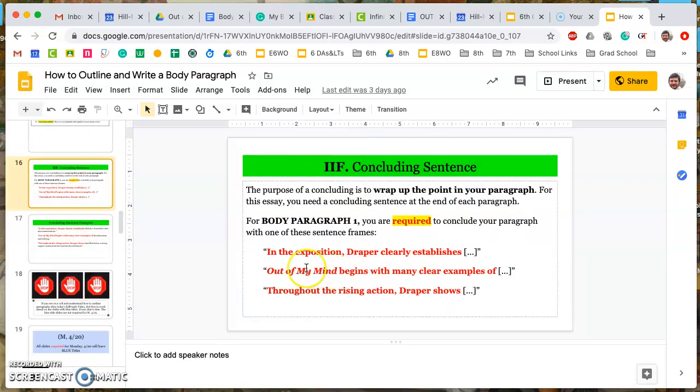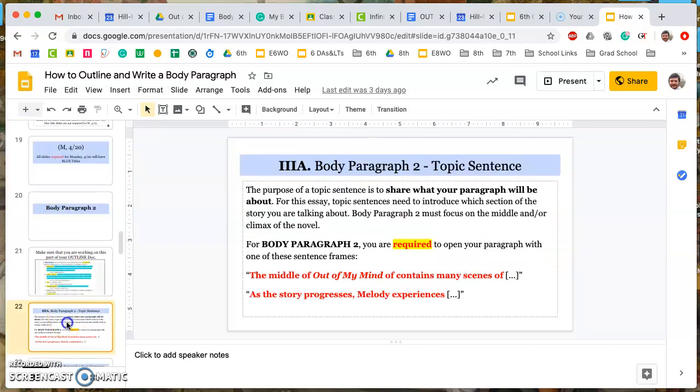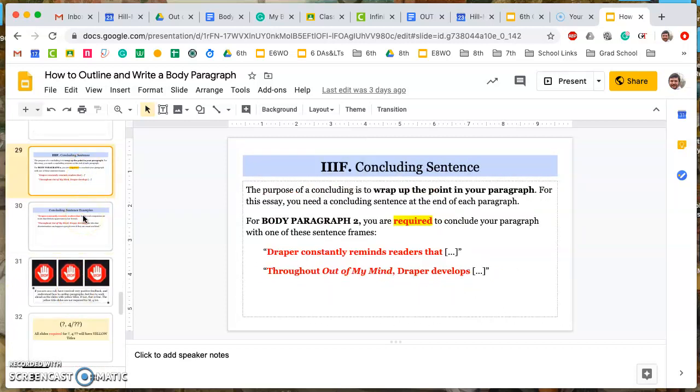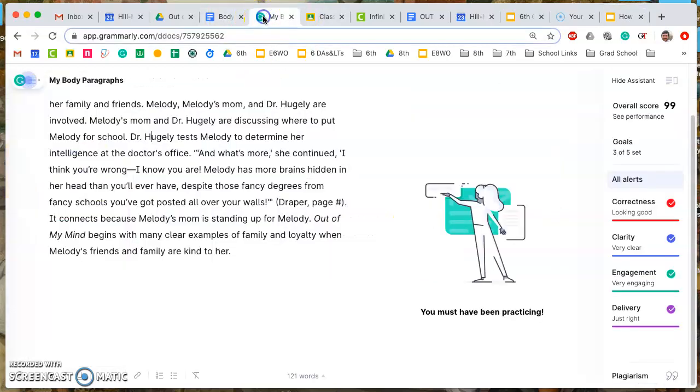You need to use your sentence frames because you're not in the place yet as writers to signal, hey, this is a concluding sentence, hey, this is a topic sentence. That's why I provided these for you. So make sure that you do use those sentence frames. You have them for each paragraph. They could not be more clear as to where they are. So do make sure that you have those sentence frames used in your body paragraph drafts. Okay. Other than that,